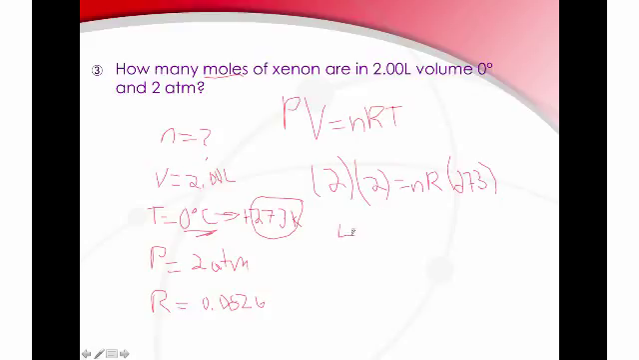We have our 4 over here equals our n, and then we go ahead and multiply our 0.0826 times 273. That'll give you 22.54. Just simple algebra, but I'm going through all the steps with you. And then go ahead and divide out by 4 so that we find out how many moles we have. So that gives us 5.64 moles